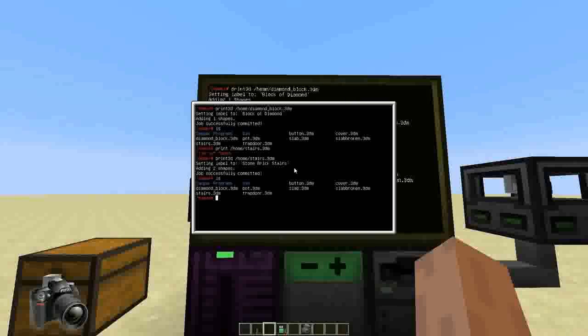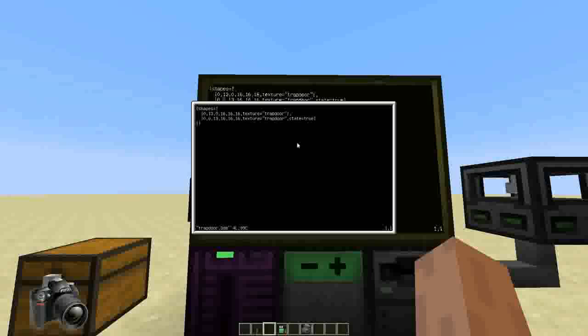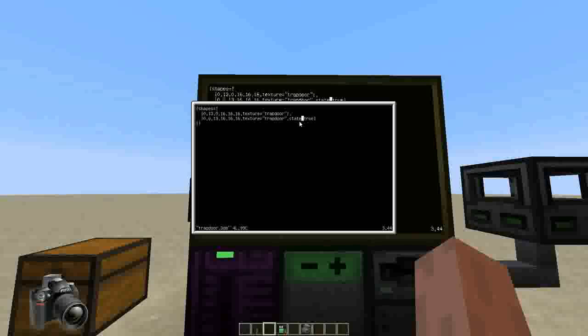Next up, we can have a look at the custom functionality, which involves states. So if I have a look at this model, you can see there are two entries, but one of them has another optional parameter, which is the state parameter, and this is set to true. Per default it's false, so the default state is inactive. And this parameter tells the printer that this shape should be used for the active state of the model. So if I were to print this,